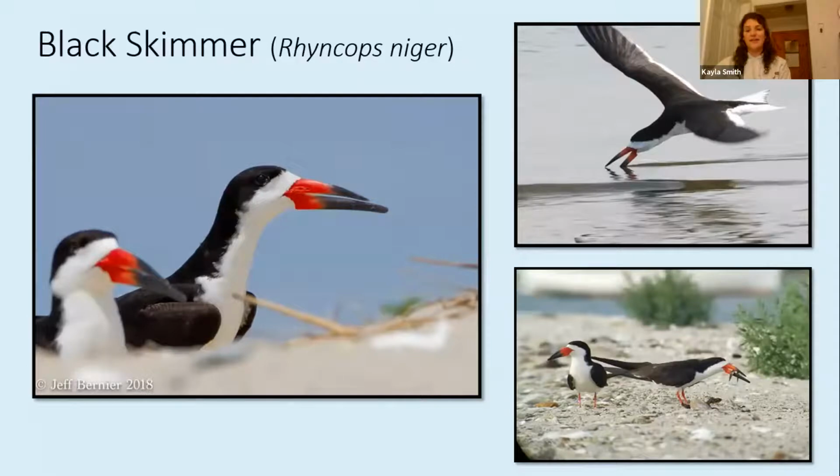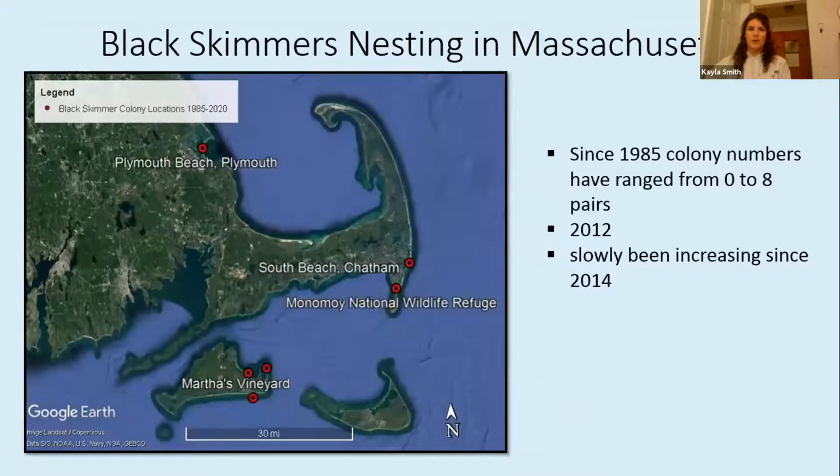In the United States, they nest on sandy beaches. In Southern California, there's a small population, and also along the Gulf Coast and Atlantic Coast. The colonies range from a few pairs to hundreds of pairs nesting. So on the Atlantic Coast,